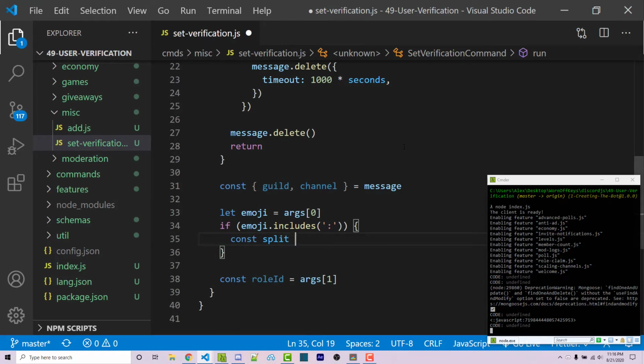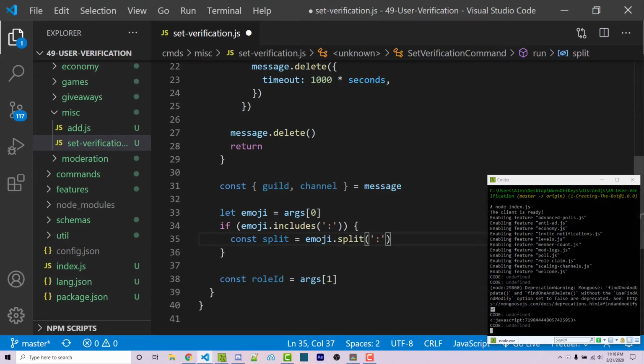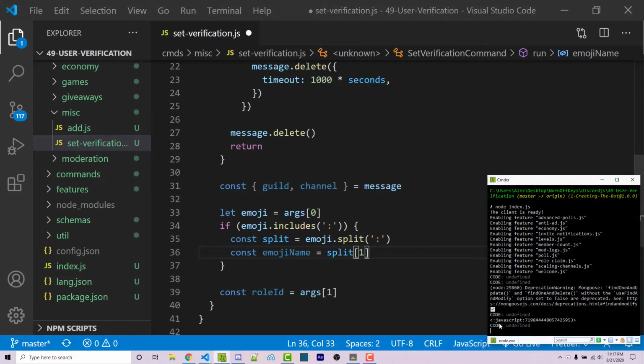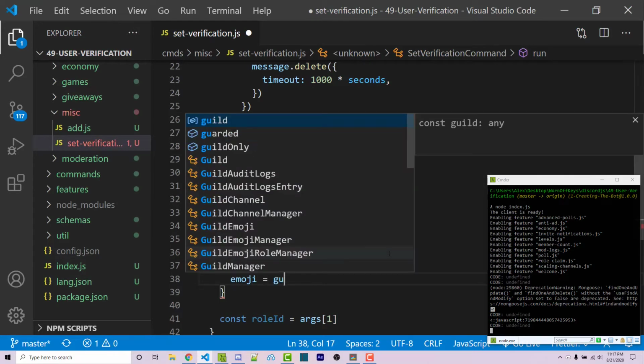So const split equals emoji.split colon, and now we're going to have an array within this split constant that we can then access the first index, which is going to be JavaScript. So I can then say const emojiName equals split index 1. And so now we have access to JavaScript in this case. I can then access the emoji. So I can say emoji equals